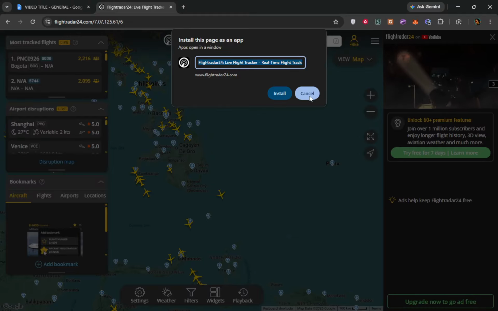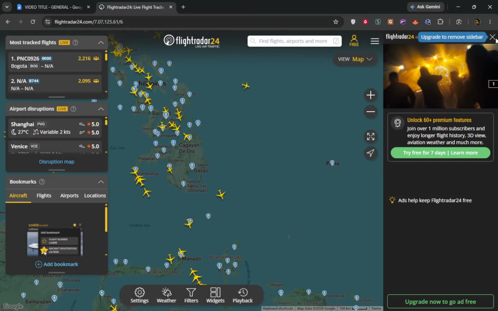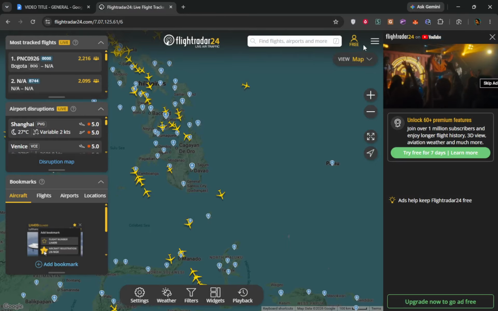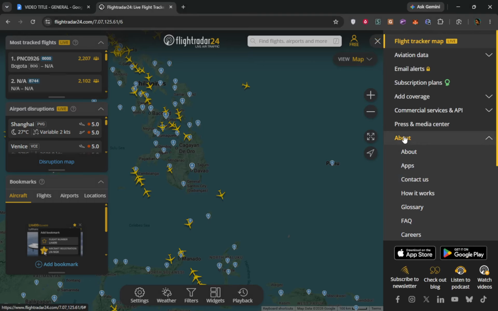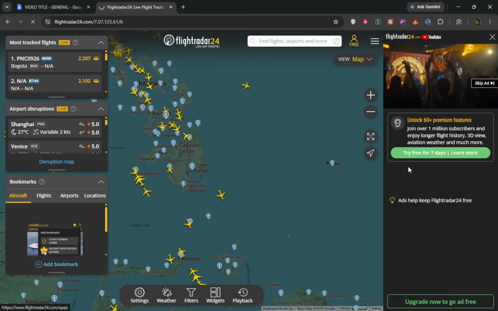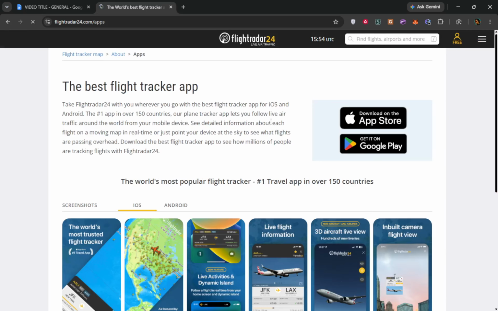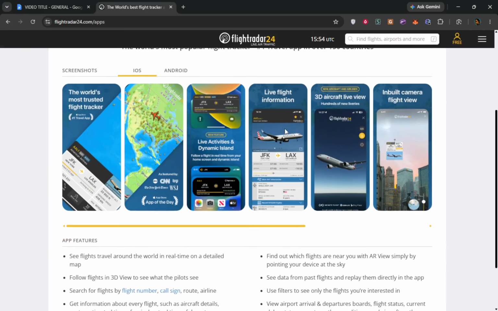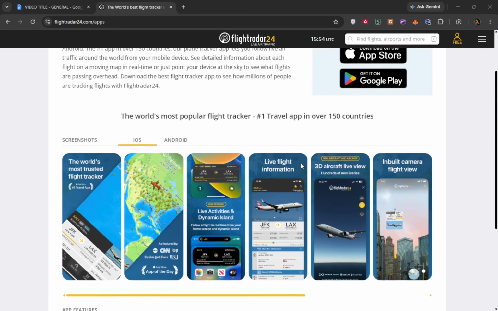FlightRadar 24 officially offers mobile apps for Android and iPhone/iPad, but the web version works seamlessly on computers too. It also supports subscriptions across devices. This flexibility allows you to track flights regardless of the device you are using. Whether you are at your desk or on the go, you can stay updated with real-time flight data. Using the web version on your PC is a smart choice if you prefer a larger screen for a better viewing experience.